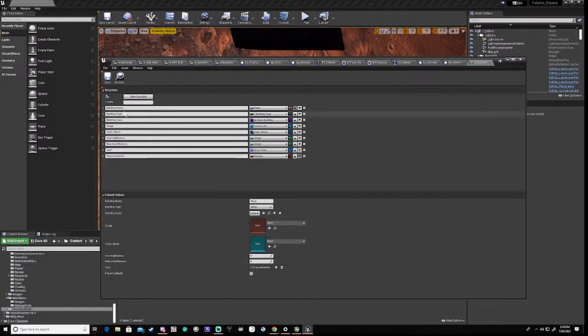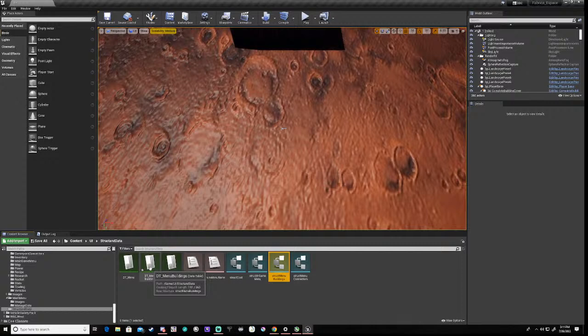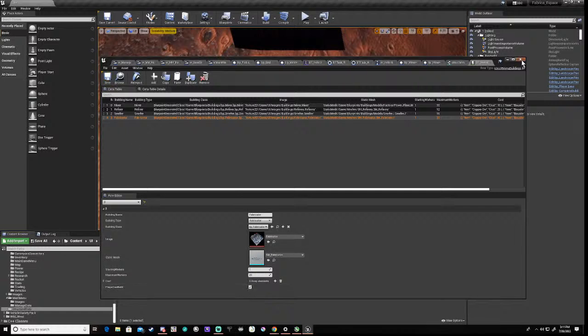Okay, so we save that, and then we can go into our data table, and we have our buildings here, and this one is going to be true. These are all going to be true apart from the miner. Okay, so we'll save that,